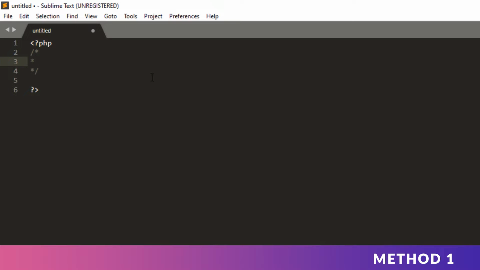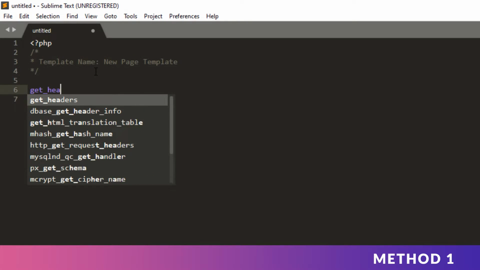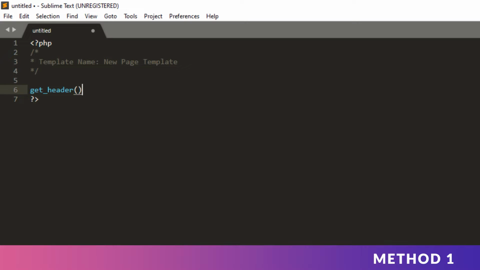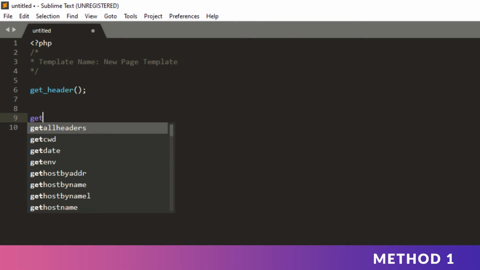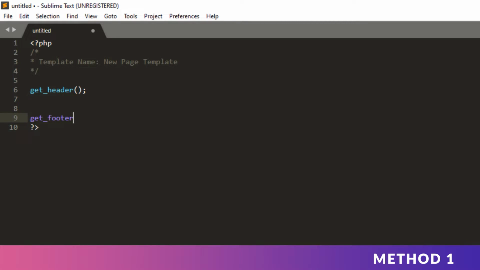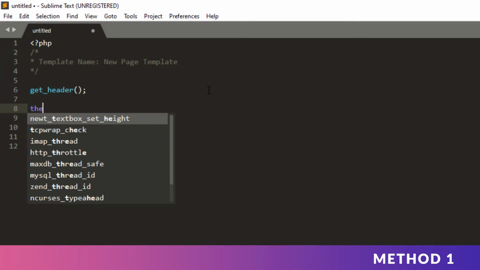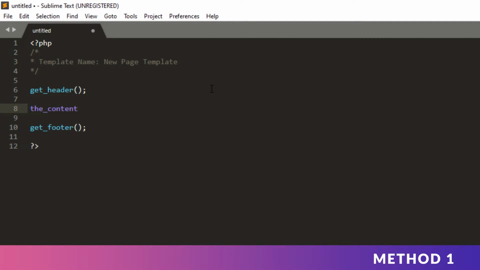Next, add the template name syntax with a value that you can put whatever you want. For this one, I'm adding new page template. Add the get header and the get footer function, and in between them, add the content function.